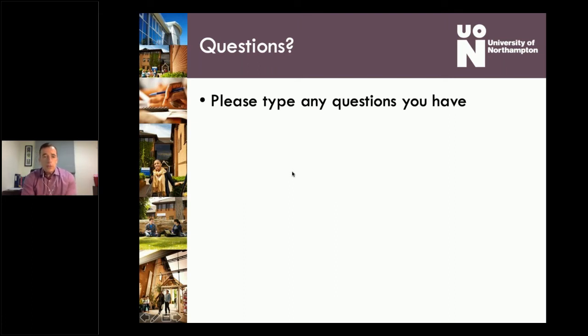And the length of the program. So this is the question saying, can it be completed in less than 4 to 6 years? The short answer to that is no. And as soon as you're on the program, nobody really asks about it being any shorter because you need the time to complete. So it's designed to be completed in 4 years, but there is a 5th and a 6th year available if you need it.